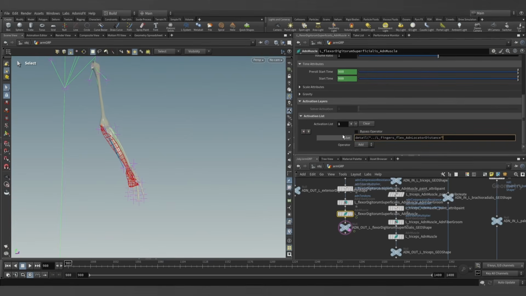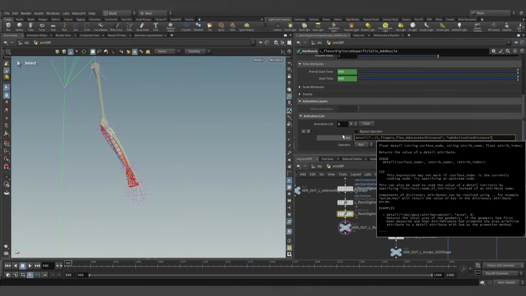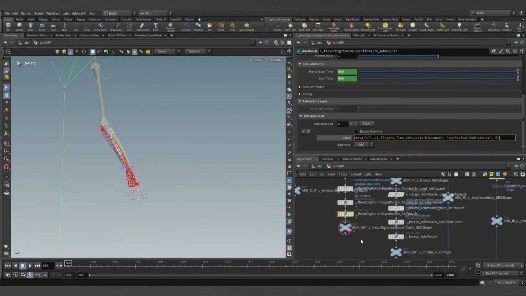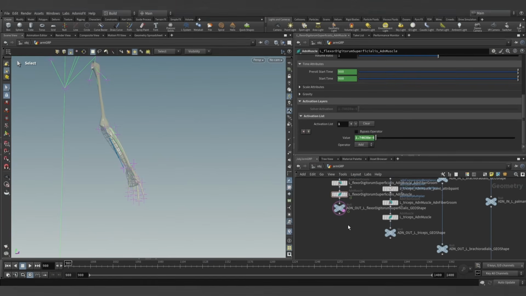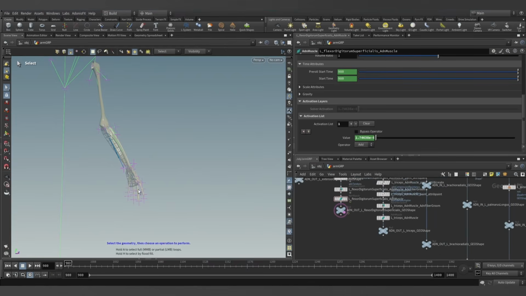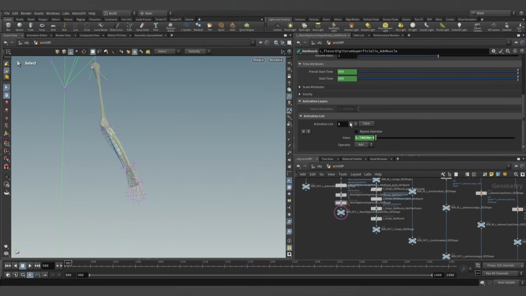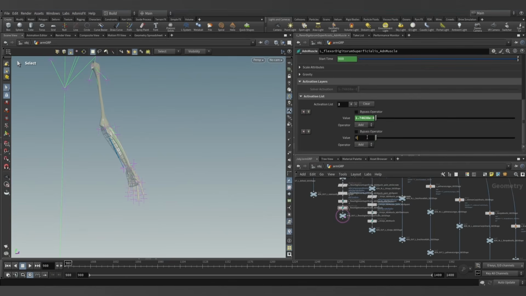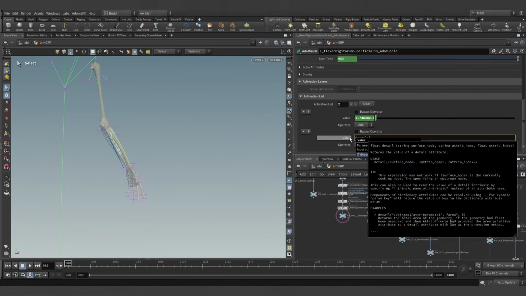And we are going to use ADN activation distance 0 as our driver. This one was for the finger. It's not going to do much because we do not have animation on that one, but we can now, even from here directly, press detail,